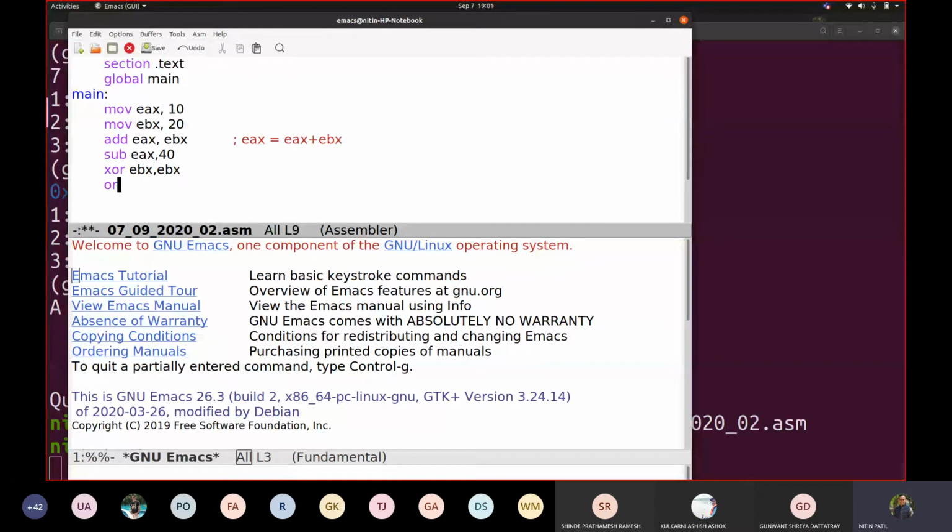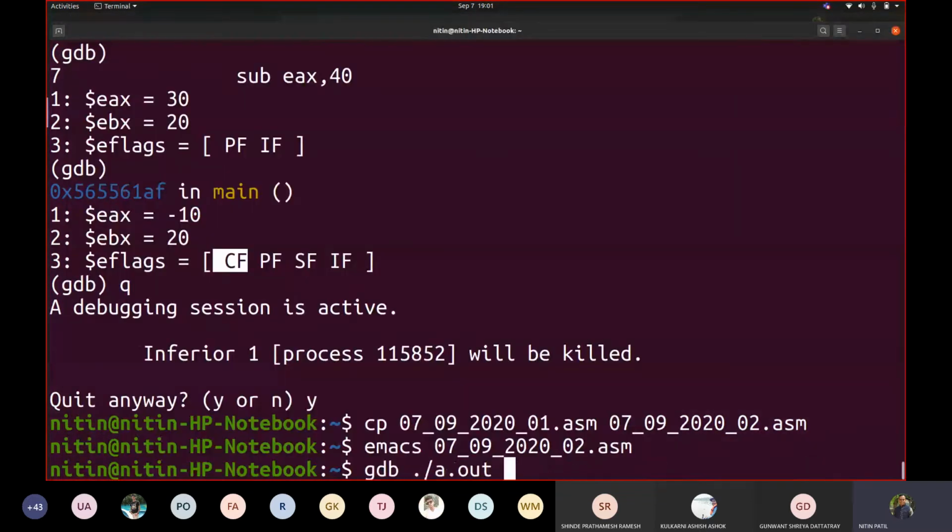Then OR EAX comma EBX. We can say AND EAX comma EBX. So these all are operations that, as and when required, we'll be using. This is only to introduce you to the different options available. One by one, while we start writing the code, we will understand the different instructions.